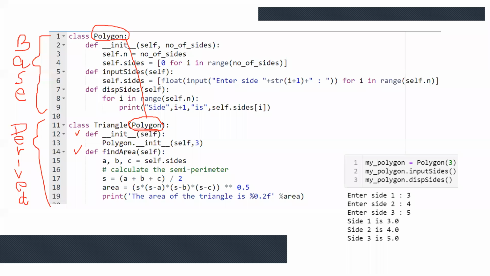Okay, find area function contain primarily the value sides assigned to A, B, and C, and then two formulas which calculate the area and then it print the area. This is a general formula for calculation of the area of a polygon. And in this, only this thing is new to us, how it is going. Okay. So what it does, it primarily in the default function, it primarily takes all the methods which are defined